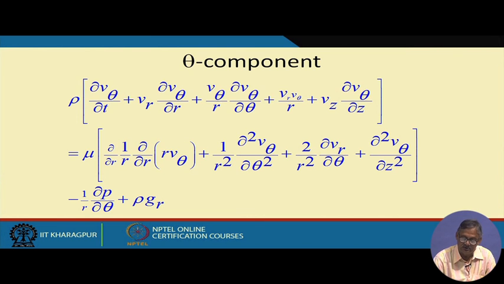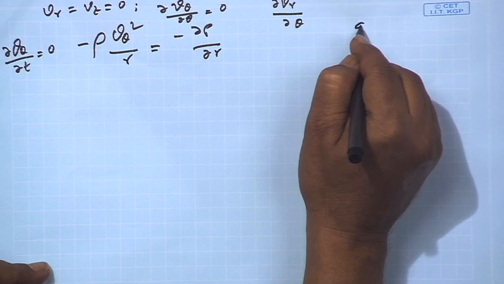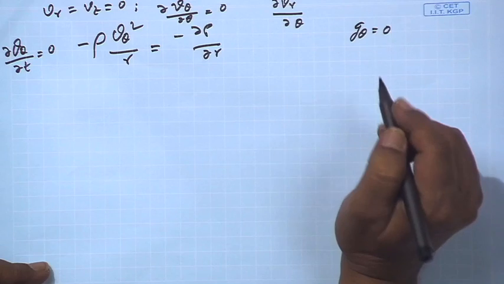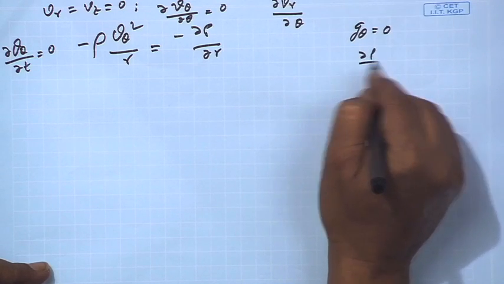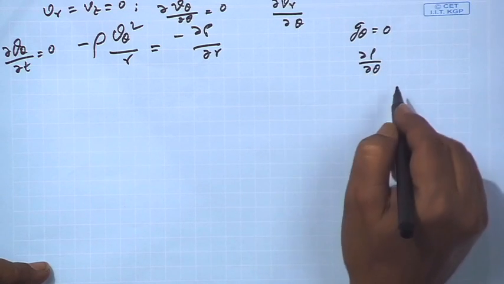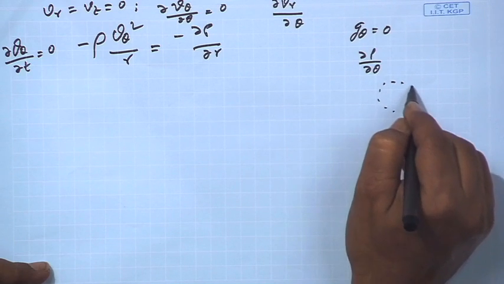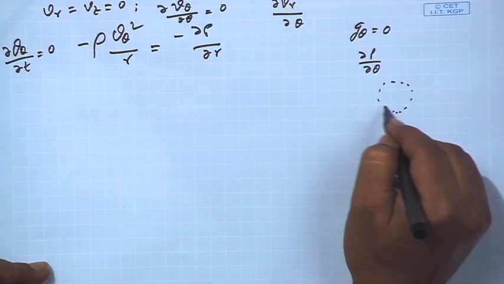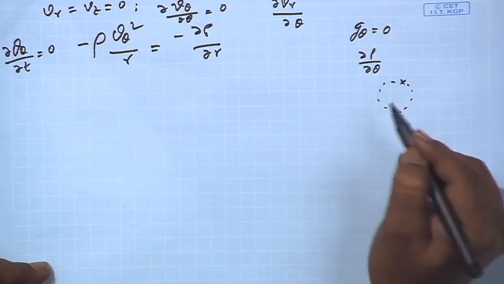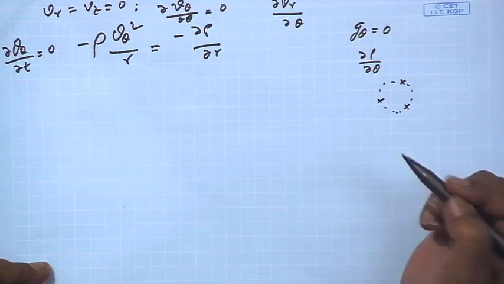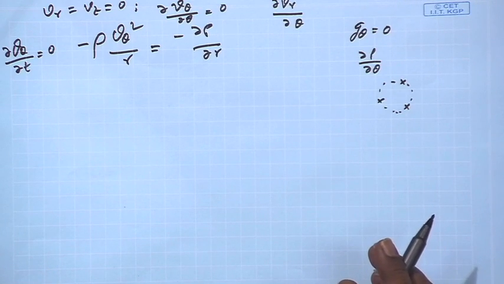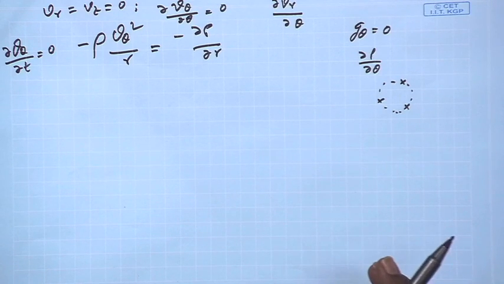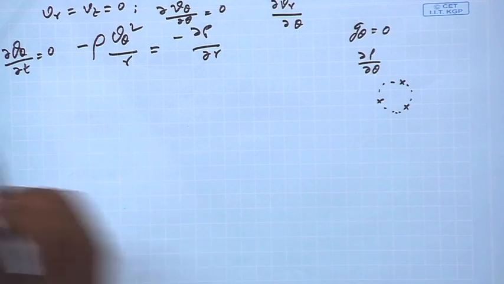Now, here also G theta we can assume to be 0, and del P del theta, what does it mean physically? Pressure with the theta. So, this is the theta component. Whatever pressure is here, the same pressure is there. So, del P del theta from the physical understanding is also 0. Then we get